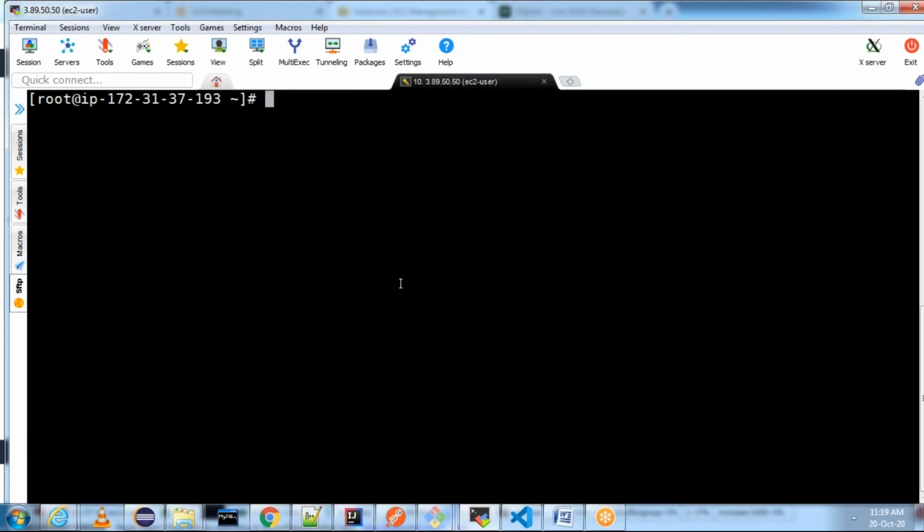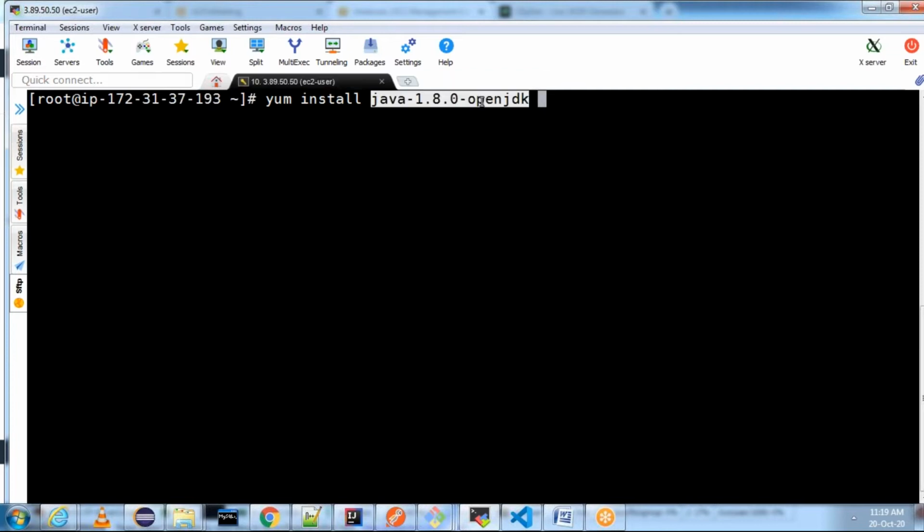Let us switch to root user. And the first step is we need to install Java. yum install java-1.8.0-openjdk. I'm installing Java 8 and we can install the JDK devel package as well.